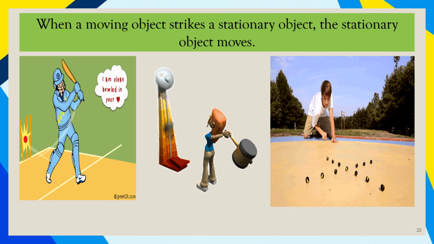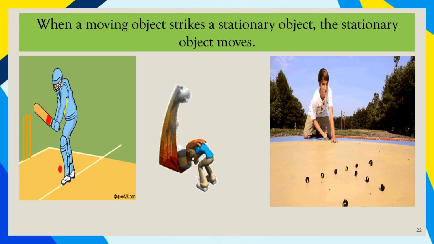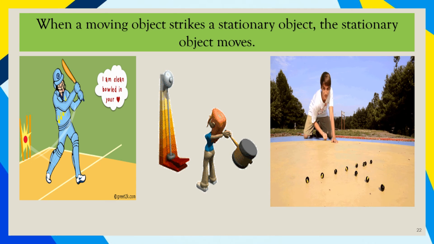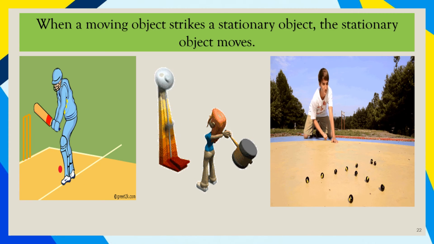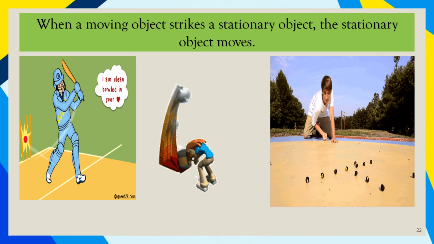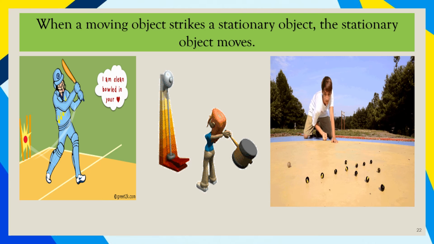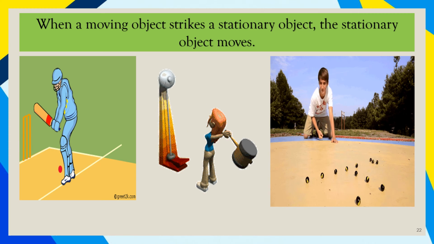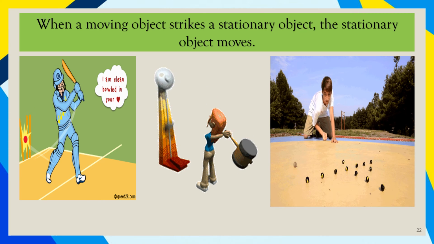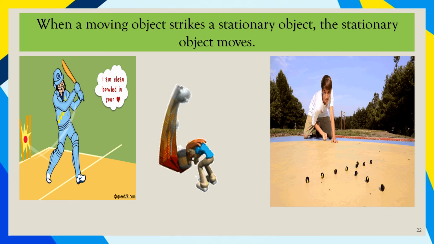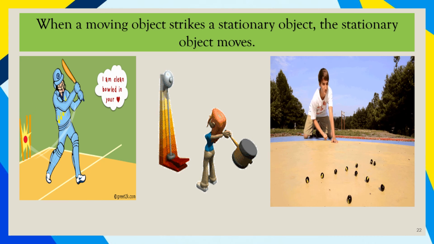Here also you must have played marbles. In marbles, you place marbles onto the ground and then the marbles are still, they do not move. Still means stationary. But you move one of the marbles that you have in your hand and try to move the remaining marbles. So that is also a type of energy that you're using in order to move the stationary objects.